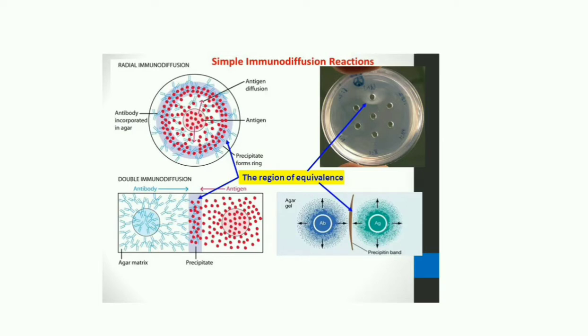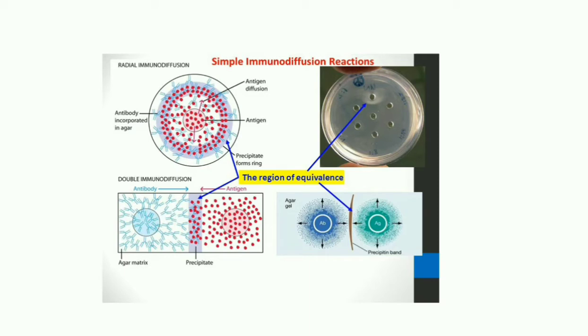So in the well you have the antigen which diffuses, and it forms a halo where you have the zone of equivalence, that is, the optimum antigen-antibody concentration. There you get the halo. It is marked, so we can identify that halo there. Okay,